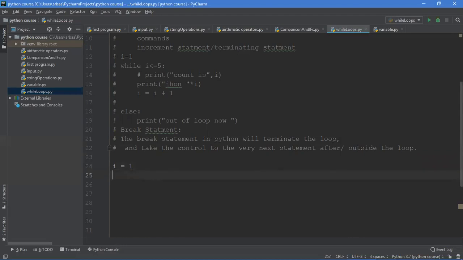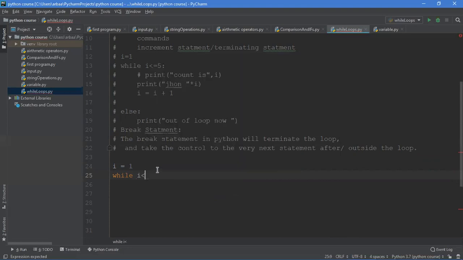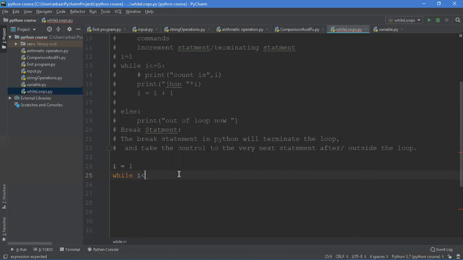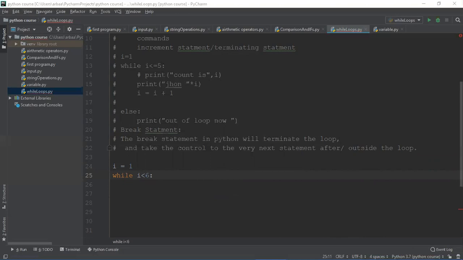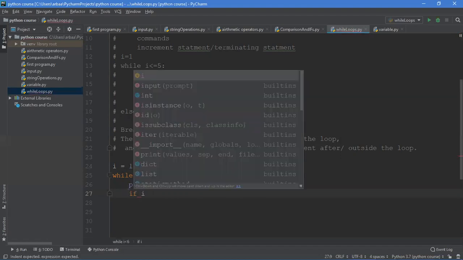Now we need to start our while loop, so I'm going to say while. As we all know, we want our loop to run 6 times, because I just want to print the first 6 numbers. So I will say while i is less than 6, right? Then after that we'll say print i, because we just want to print each and every number. But as soon as that number becomes 3, we're going to break out of our loop. So we're going to say if i becomes equal to